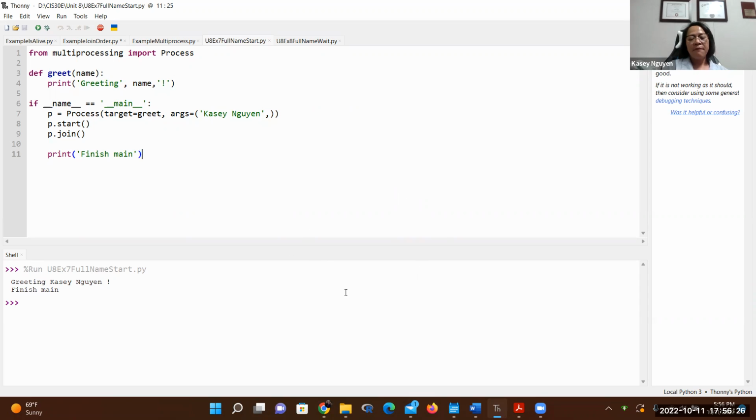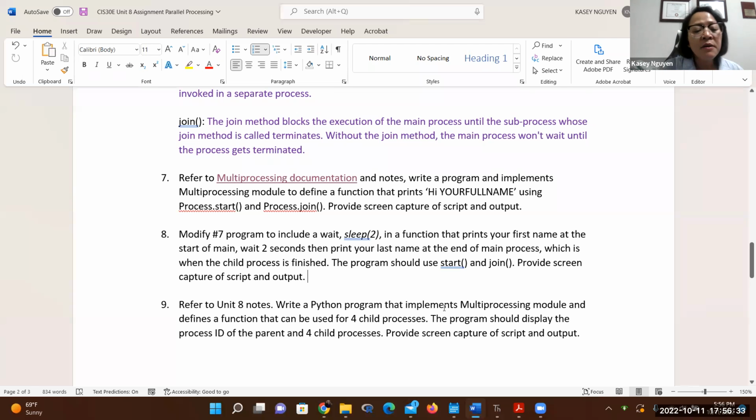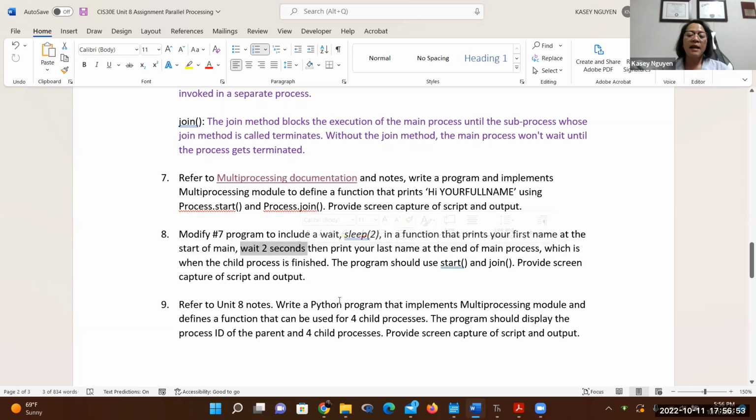Okay, so this is number 7. Now we can go ahead and do number 8. So we want to modify number 7, and we're going to add in the wait time in the function to print out, but in this one, we're going to change it up a little bit. We're going to print out the first name. Then that's going to be the start of the main. We're going to make it pause for 2 seconds, then print the last name at the end of the main